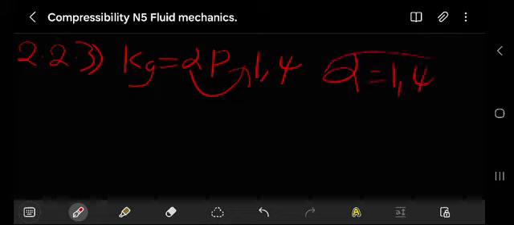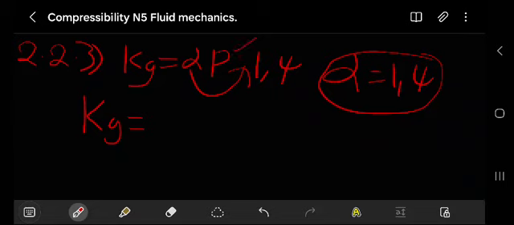2.2.3. You know Kg must be equal to gamma multiplied by pressure. This will be given like this on your formula sheet. Gamma is always 1.4. You must know this, right? So if that is 1.4, therefore Kg will be, this is pressure, you've calculated, 1.4